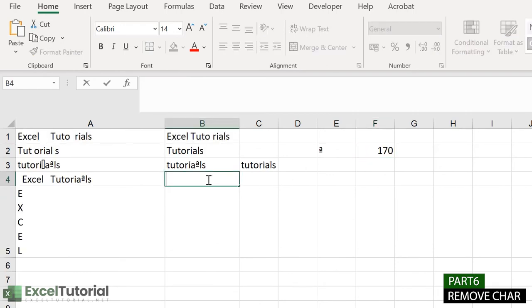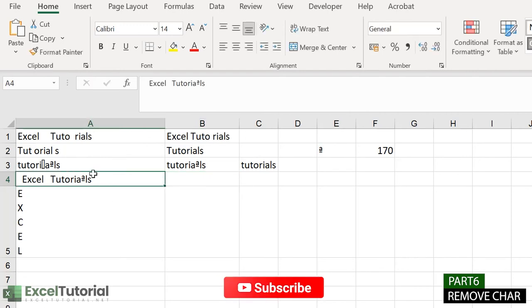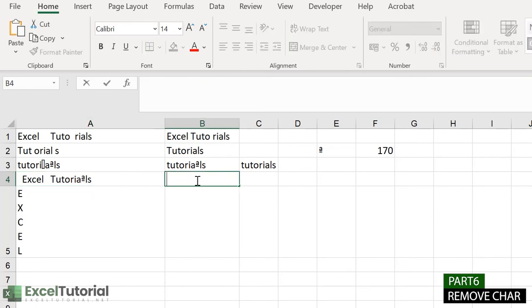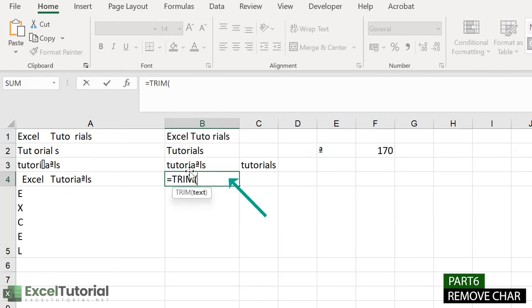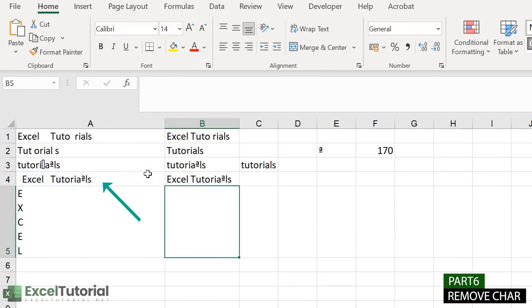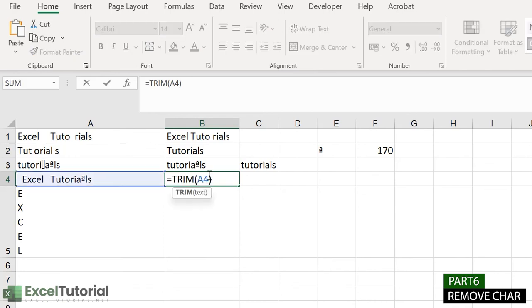Okay, in the next example we have this data, with trailing spaces, a double space, and a special character. First things first, we will TRIM. Let's see what answer it gives. We select this particular cell. It trims down all these spaces, but what we also need to remove is that particular character. This will be practice for you: to remove that, inside the argument we input the SUBSTITUTE function which we have used here.